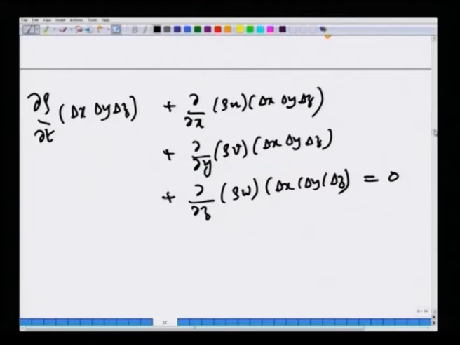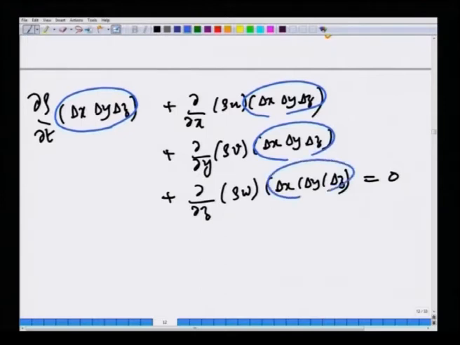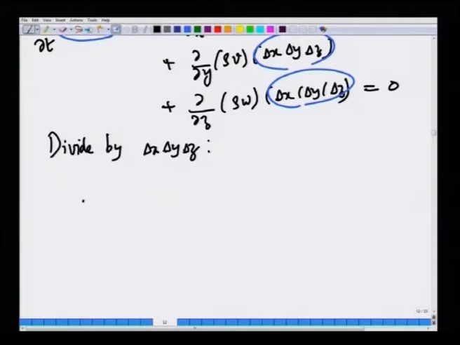Now, we find that this is common, delta x delta y delta z. So, divide the entire expression by the volume of the infinitesimal element, control volume that we have chosen, that implies